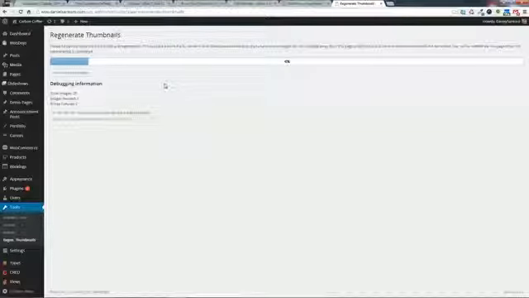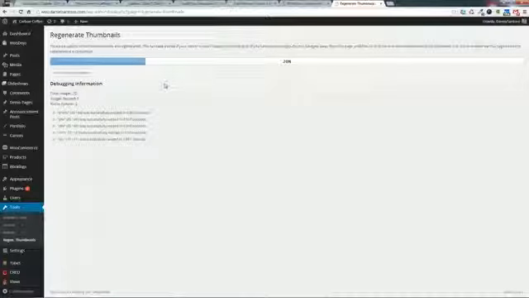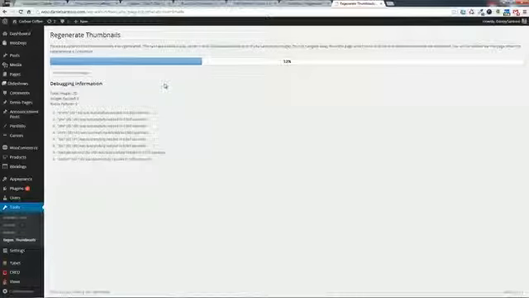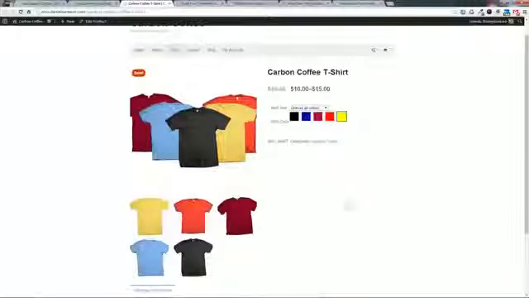Now this could take a little bit of time depending on your server and how many pictures you have, so don't worry if it takes a while. You should see progress moving forward. So yeah, we will wait till it's done. Okay, so now that the images have been resized and we get this little notification here, what we can do is go back to the product page that we started with. So what we should do is refresh that page,